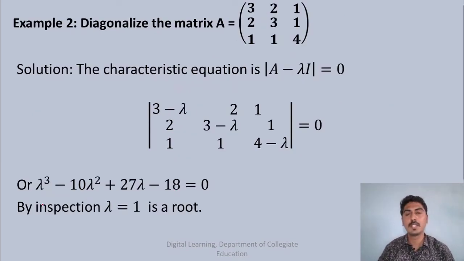Now we shall consider one more example. Diagonalize the matrix A equal to [3 2 1; 2 3 1; 1 1 4]. First consider the characteristic equation: the determinant of A minus lambda I equal to 0. If you expand the LHS, you get lambda cube minus 10 lambda square plus 27 lambda minus 18 equal to